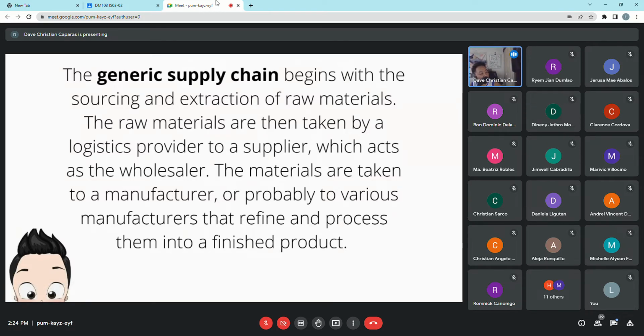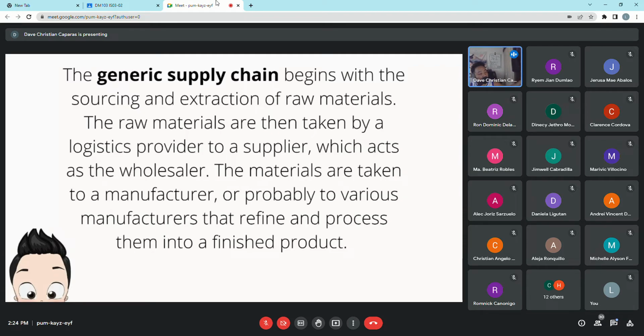Ngayon, once a supplier receives the resources, i-refine niya para magamit ni manufacturer. I-refine ibig sabihin, may aayusin, isusort, i-organize, ipapack kung anong kailangan gawin. Siyempre, hindi naman yan kagad, kunwari, kumuha ka ng mga kamote sa farmers. So, yung kamote na yon, kahit malupa-lupa pa, ibebenta nyo na kagad. Hindi, di ba? I-refine nyo muna hanggang sa ma-achieve niya ang quality state niya. Ngayon, si supplier responsible doon, no?